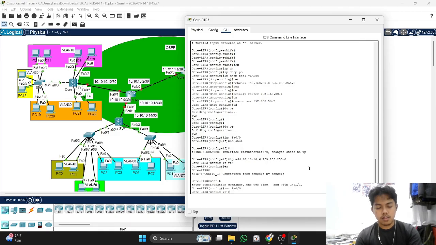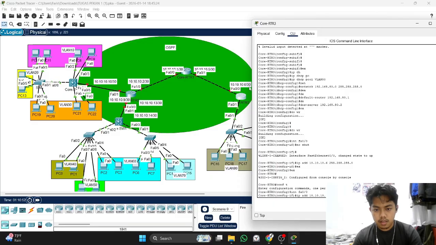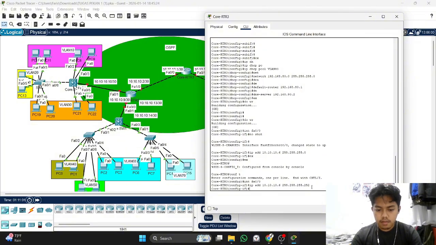The IP address was wrong, and this is my fault. We look at the IP address, the prefix is slash 30. So the subnet is not like this. Subnet is like this. Okay.